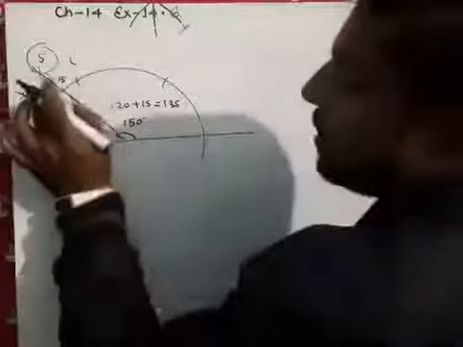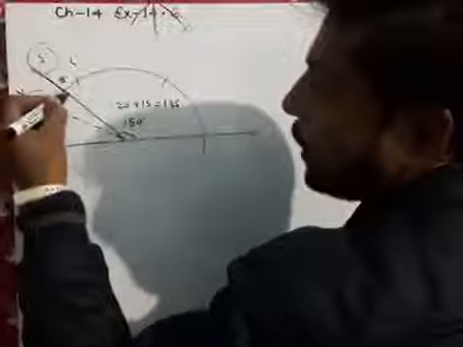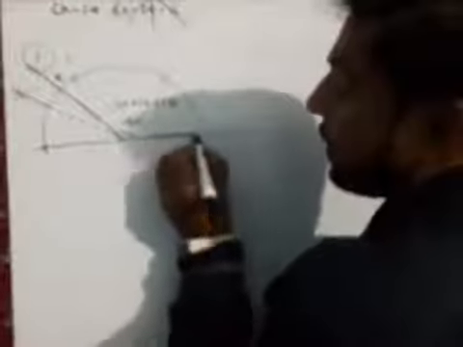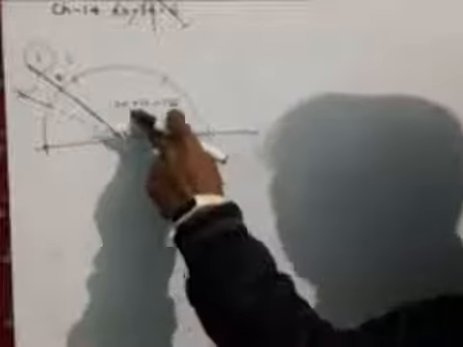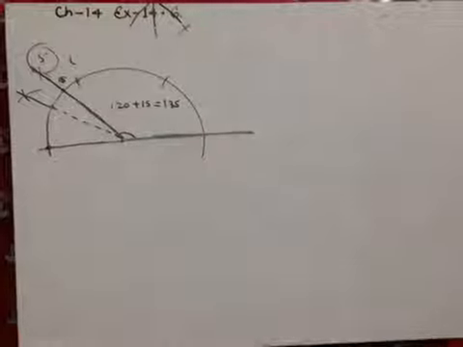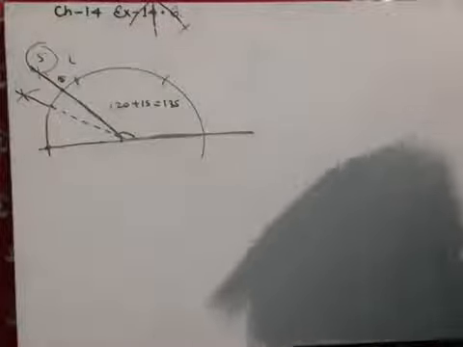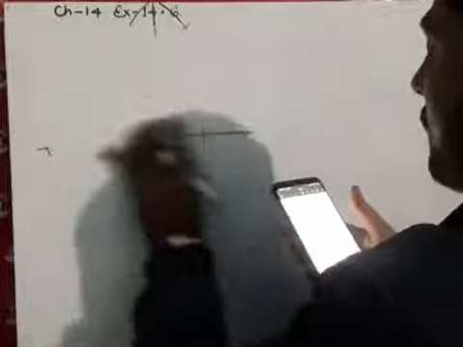This is the exact angle that we have to draw. So this becomes the darker line. It is showing the angle of 135 degrees. So this is the final answer to question number 5. By this method you can draw all the angles the questions ask for. Now I am going to question number 6.